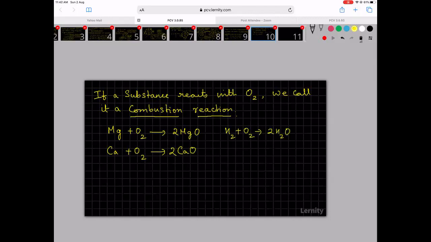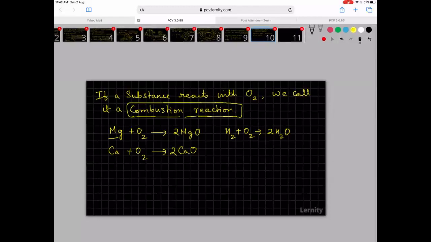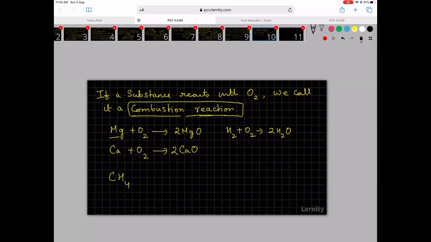These are all combustion reactions. Not only elements, other things can also react. Methane is a gas; methane will react with oxygen to form CO2 plus H2O. So these are all combustion reactions. What is combustion? Combustion is nothing